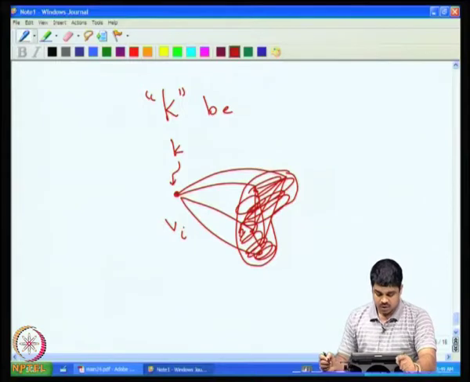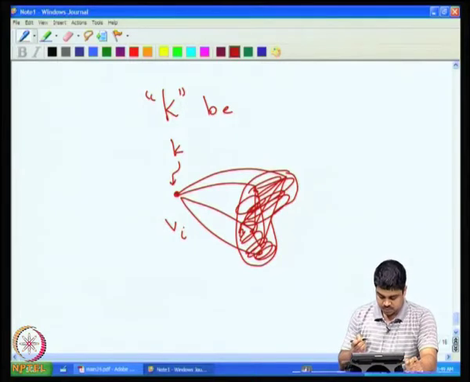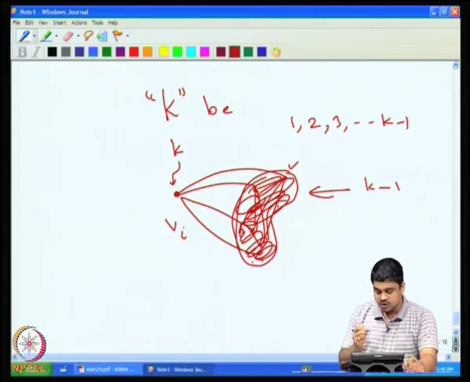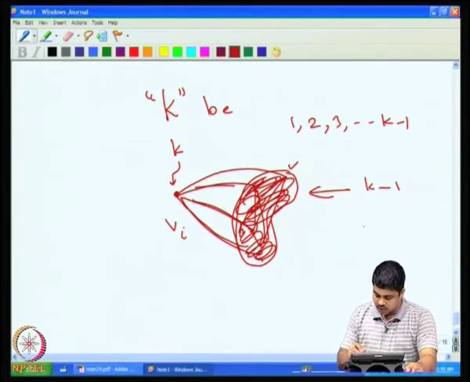So, k colors are used. Of course, if I had to use the kth color, that means all the colors below it, 1, 2, 3 up to k minus 1, are already used up by the neighbors of this vertex. That means exactly k minus 1 higher neighbors are there, right? Otherwise, how can they use up all the colors? So, now these neighbors form a clique, and if you add this vertex to it, you will get a k clique,